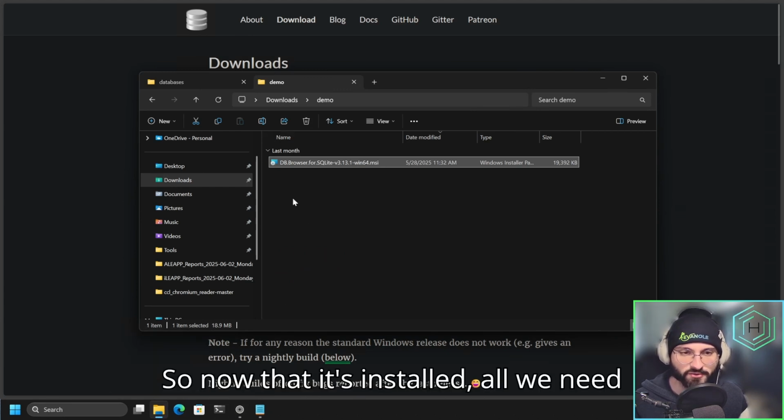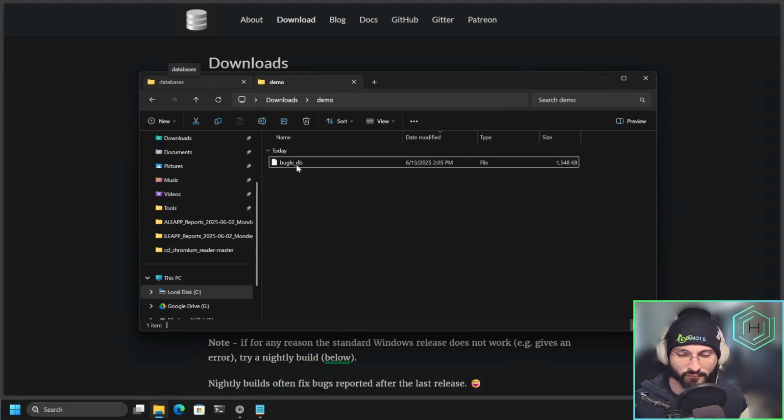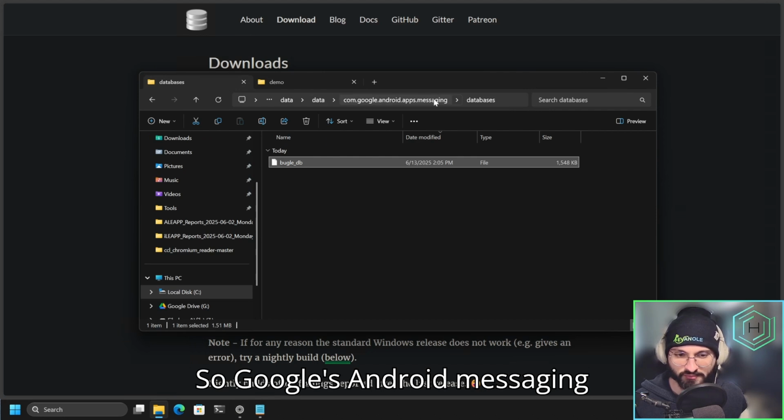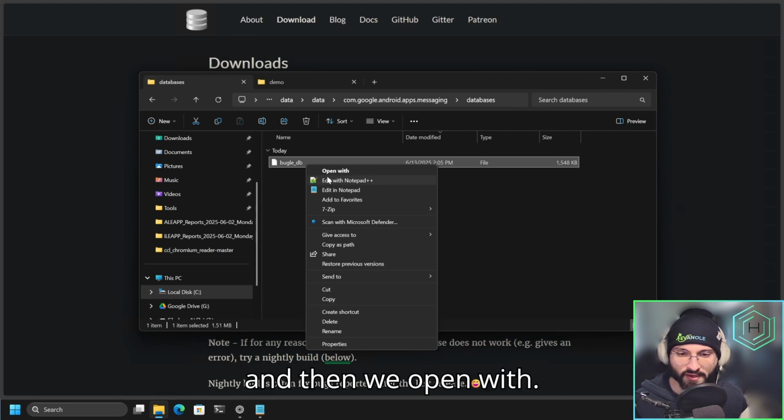So now that it's installed, all we need to do is open up an SQLite file. Google's Android messaging database is in SQLite format, called bugle.db. If we right-click it, and then we open with,